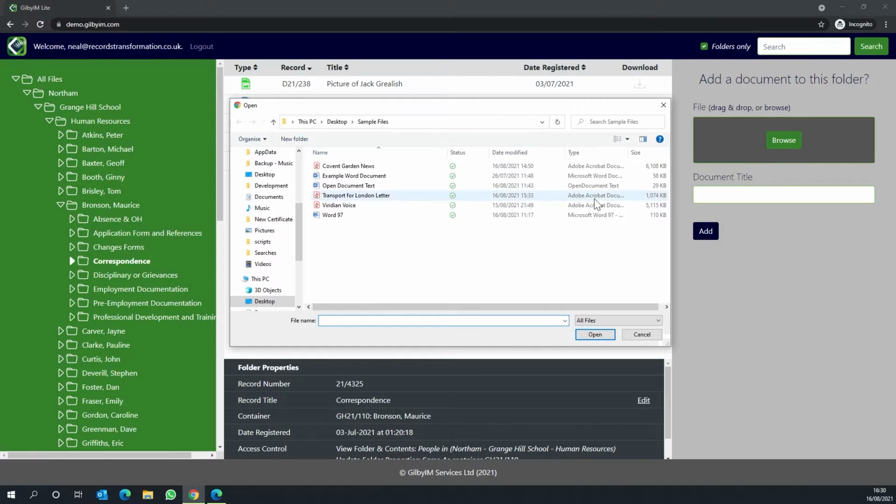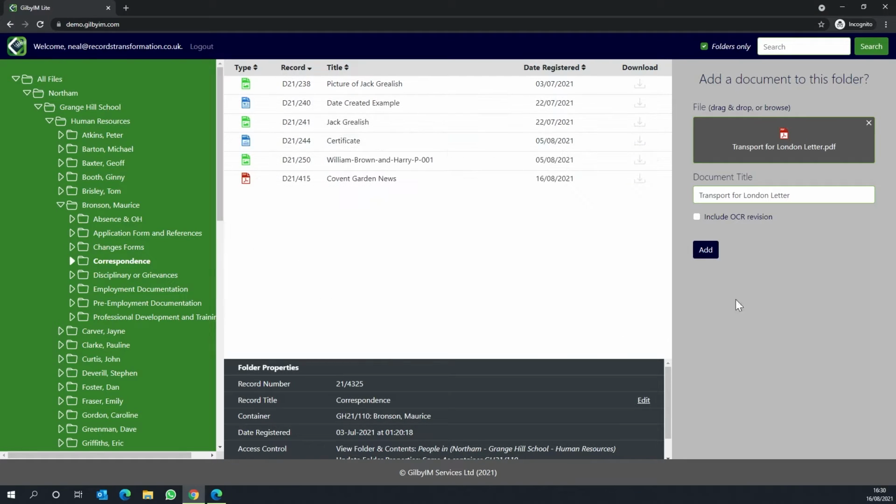So let's go with this document called Transport for London Letter. I just scanned the nearest thing that was lying around in my house. So here's, so it's a scanned document. You notice now that I've added a PDF, it's giving me the option to include an OCR revision to that file. So I'm not going to select that straight away. I'm going to upload that document,